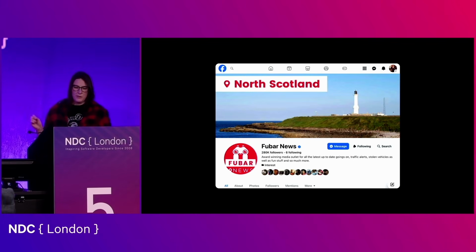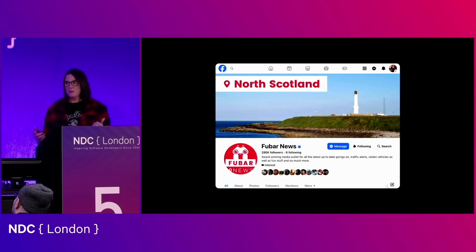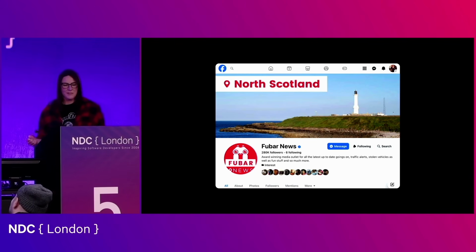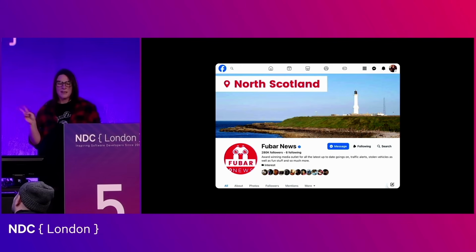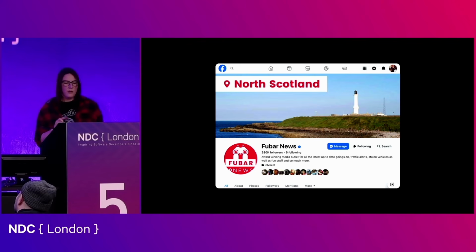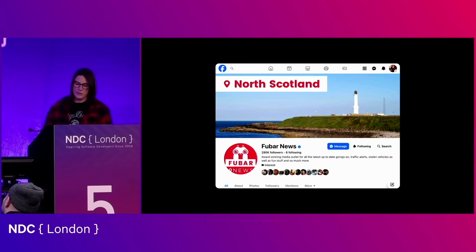I follow this Facebook group. I don't even live there anymore, but I follow this Facebook group called Fubar News, where people from Aberdeenshire post updates similar to other community groups on Facebook. In times of toughness, this group is really good at offering fast updates on situations and a community spirit like no other. Aberdeenshire always has bad weather, snow, fallen trees, power cuts. It all gets reported on this page.